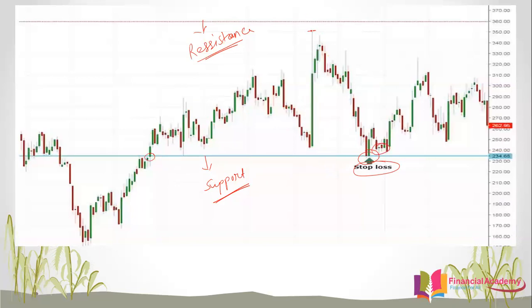As you can see, this can be your one price target, 350. The reason is that the trend is your friend, it never betrays you. So up to this point you will find your stock going on. If you look at this, at this point another price target is possible, and this is another price target. So from this chart analysis you can know what your target price will be. So always do a proper analysis by drawing the support and resistance lines. It will help you decide your price target.